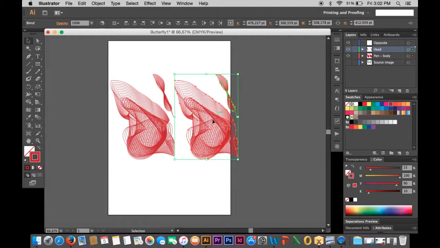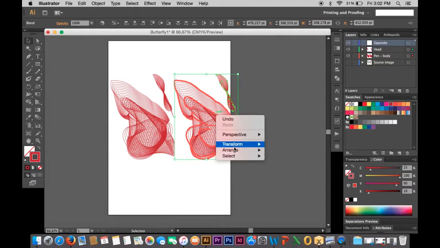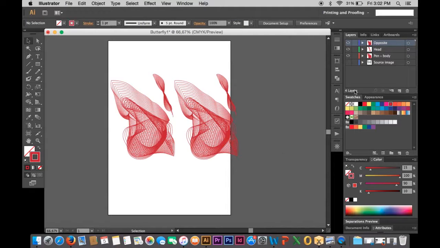Now once it's duplicated, as you can see, it's now going to be on your head layer, and you don't want it there. So while it's selected, select the Opposite layer, right click, Arrange, and Send to Current Layer. That'll then put it on your opposite layer and not on your head layer. Now you're going to select both, Command G, and that'll group it for you to make sure they're all one. So when you click it, it selects all of them. Right click,